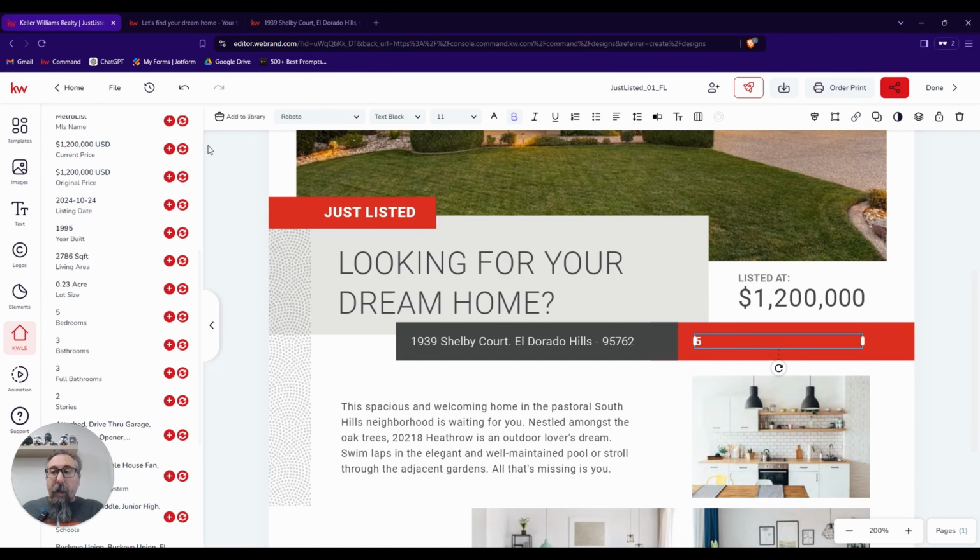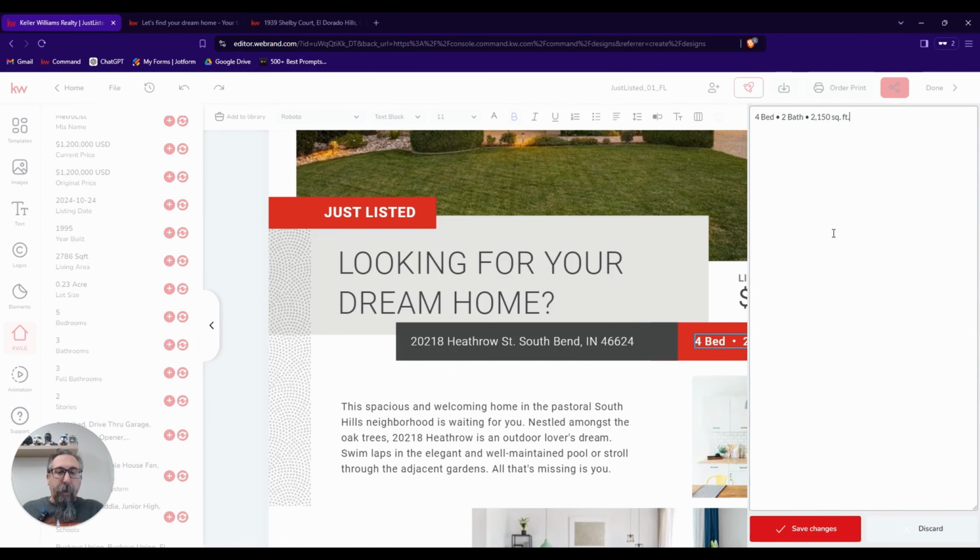So what I typically do is I'll come in, select this box, and then up at the top by the letter case and the spacing, there's this little black and white box. It's called a typewriter. If we click on that, it'll bring up the typewriter here. So we can come in and actually change this. So we know it's a 5-bed and we know it's a 3-bath. And we can see the square footage right there, living area. It's really hard to see underneath this white, but this is where it's at,